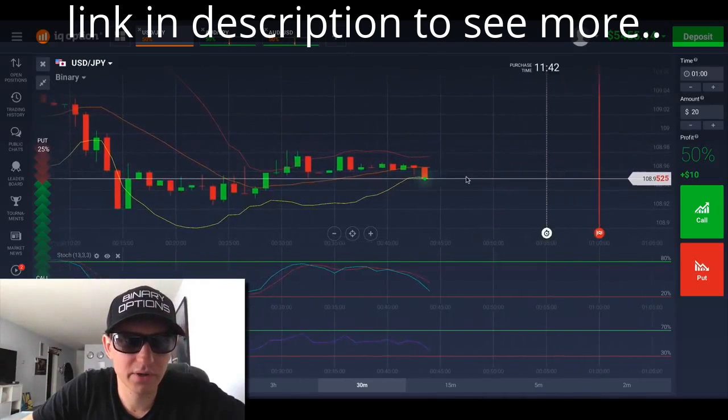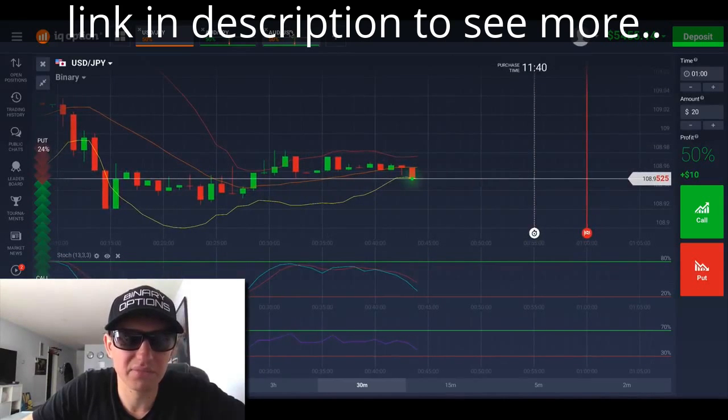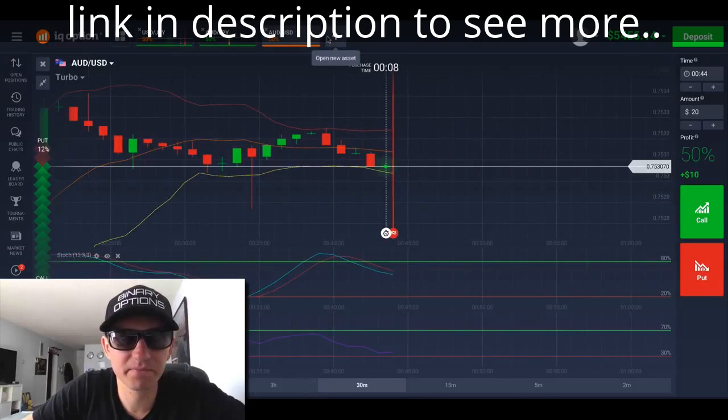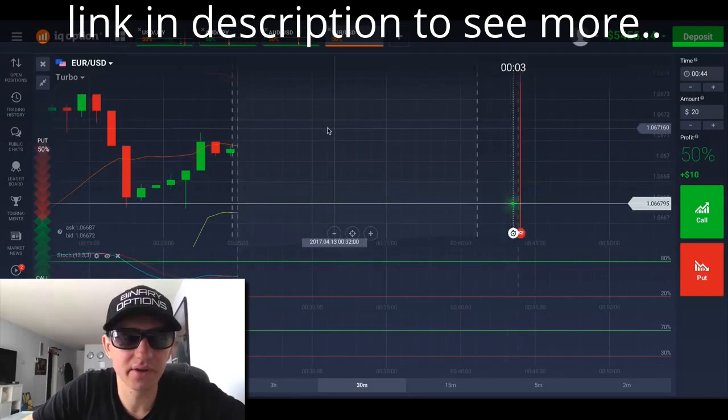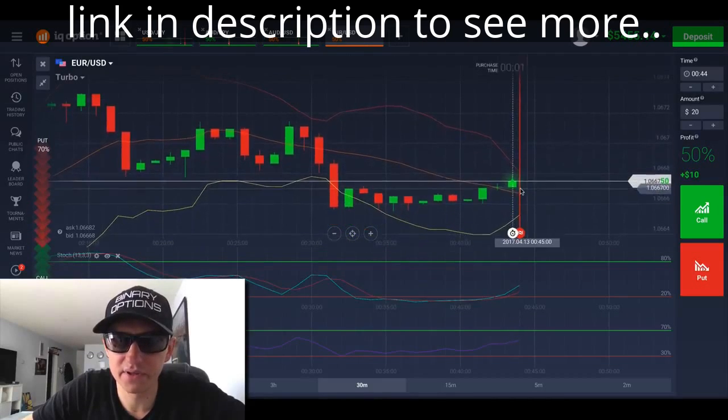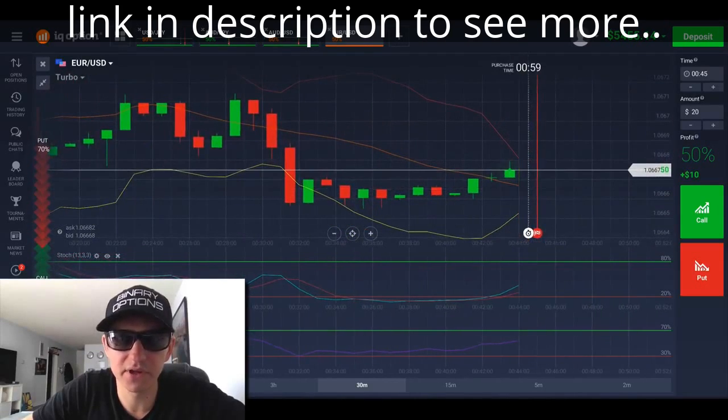USD JPY, not enough movement, to be honest. Let's see if there are any other currency pairs that might show us some nice